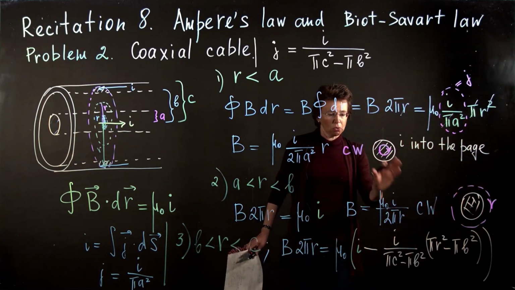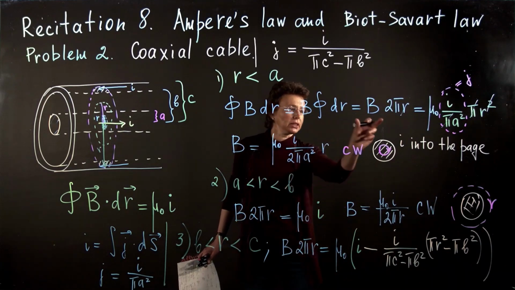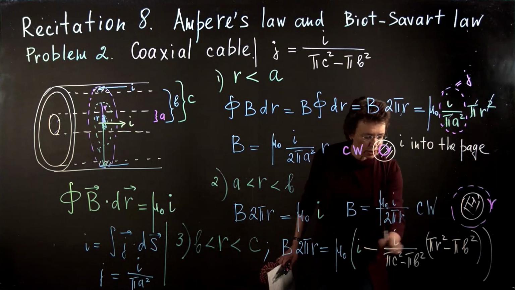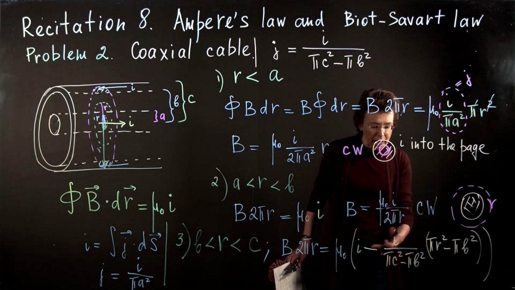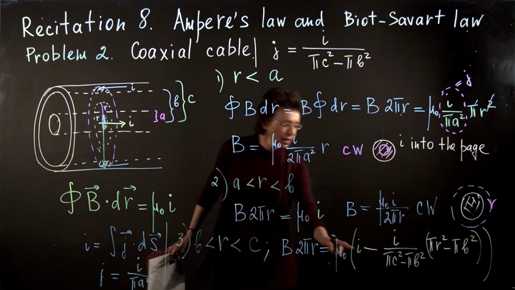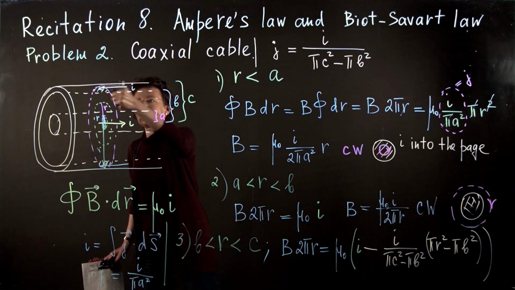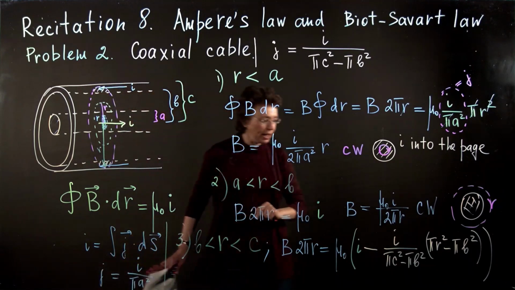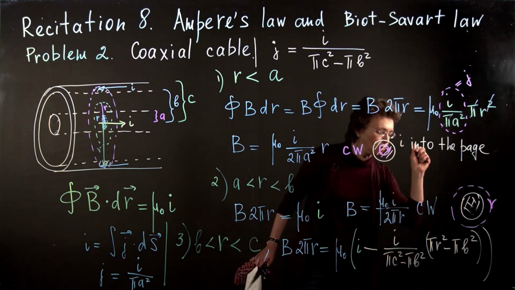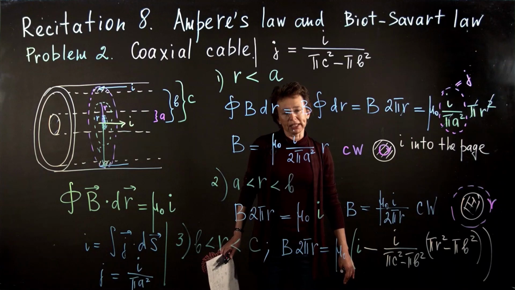We did it. One more time, the same logic. Left-hand side is not changed, B times 2 pi r, the left-hand side of Ampere's law, equals mu naught, and then we sum all currents bounded by our loop. It's current I that is flowing to the right, and it is part of current I that is flowing to the left. Which part? Current density, current per unit area, times area bounded by this loop. Now we can solve for the magnetic field.